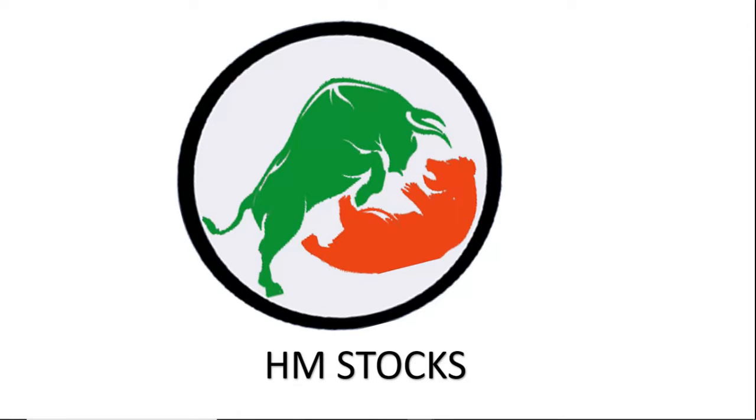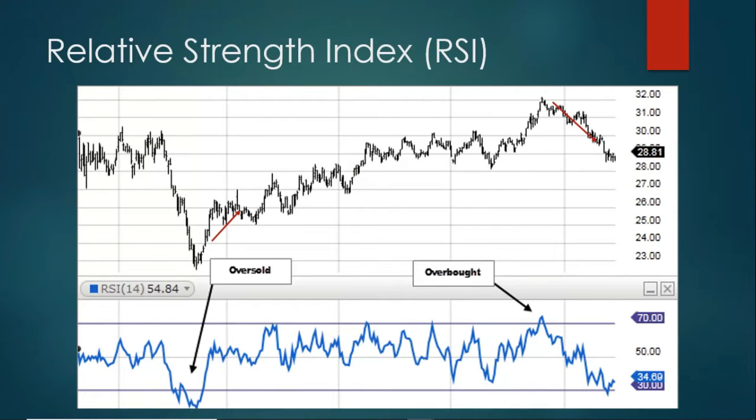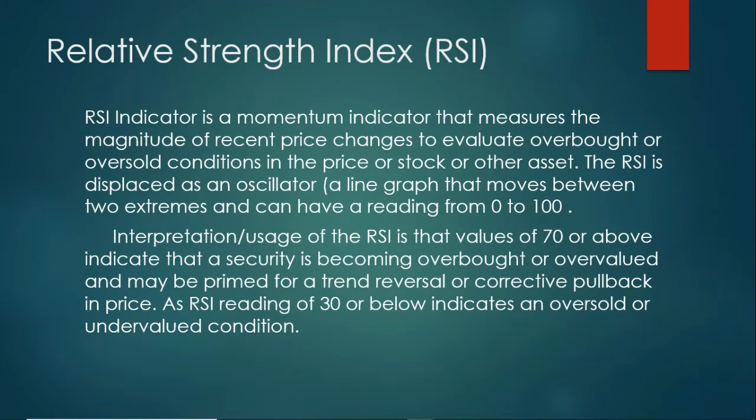Today we are going to talk about a very important technical indicator, also known as RSI. What is an RSI? Relative Strength Index. In this relative strength index, you only have to know two main points. It only revolves around overbought and oversold conditions. It shows where the stock is overbought and where the stock is oversold. We'll go into detail about it.